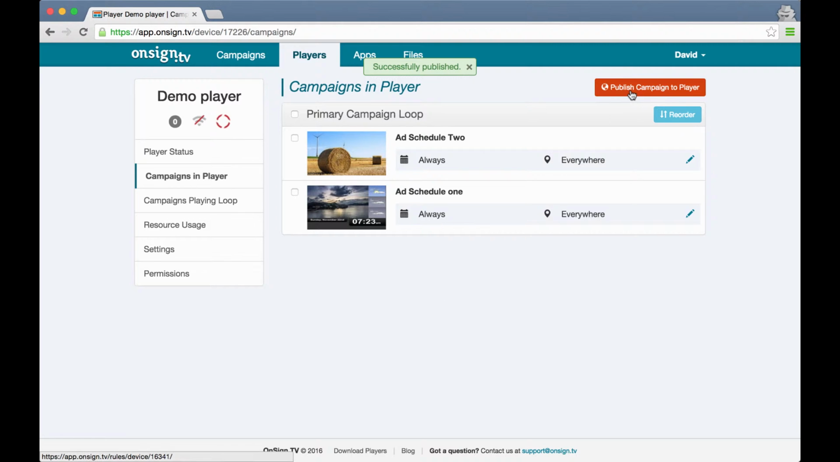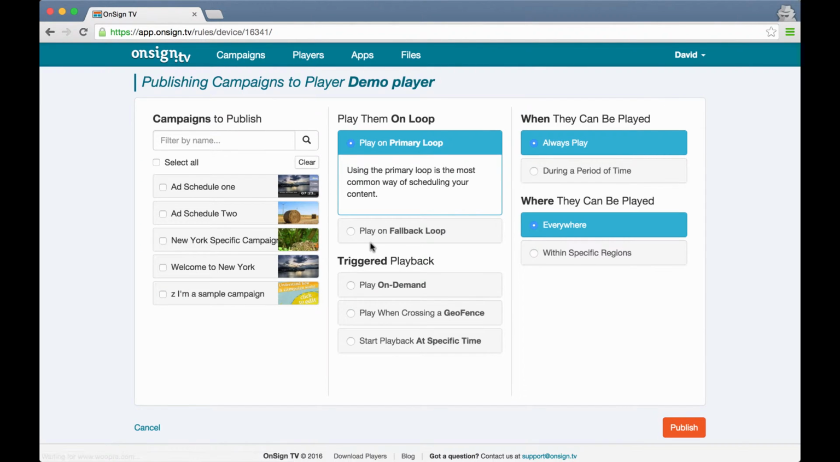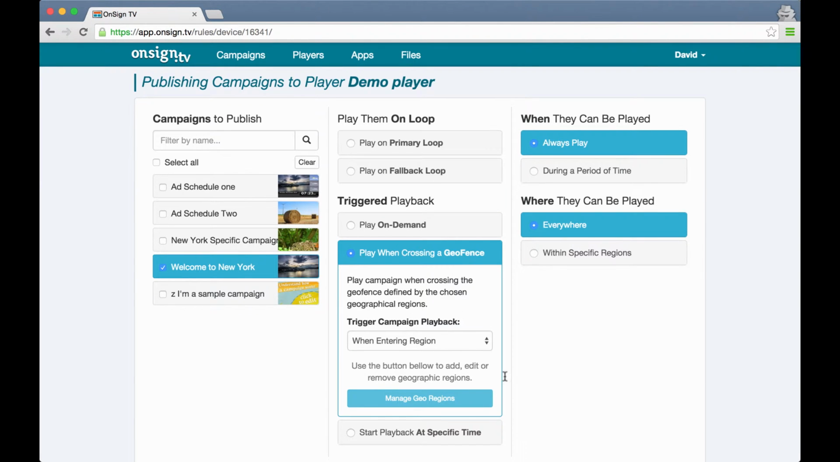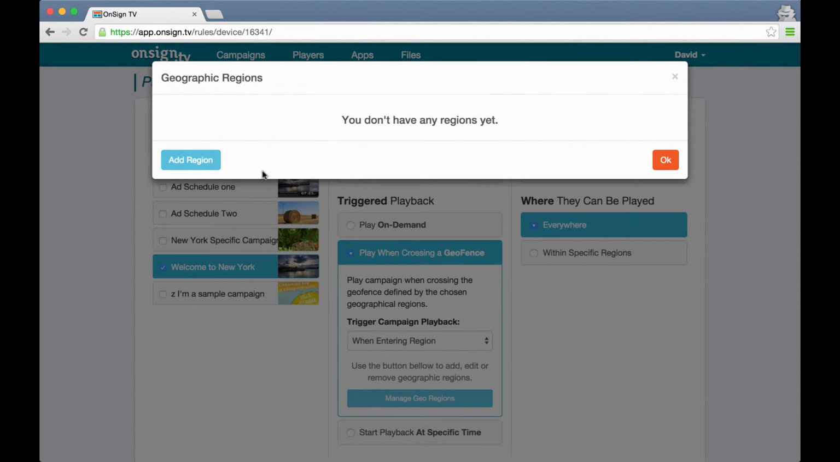Now I want to publish another campaign to this player, which is the Welcome to New York. For this one, I want to use the trigger playback, and I want this to be played back when crossing a geofence or georeferenced area. For now, I don't have any region that is preset, so I need to set a specific region. So I click Manage Geo Regions. I need to add a region,